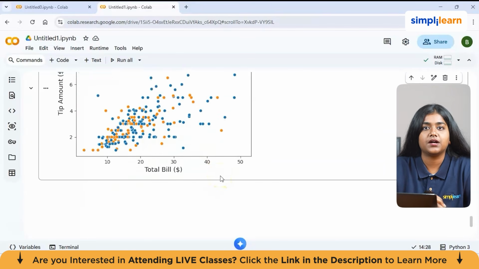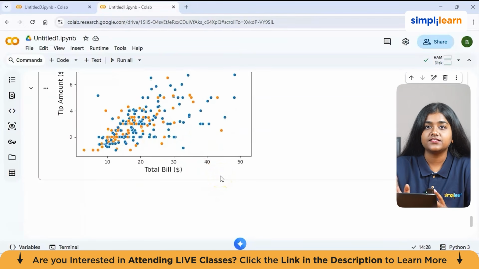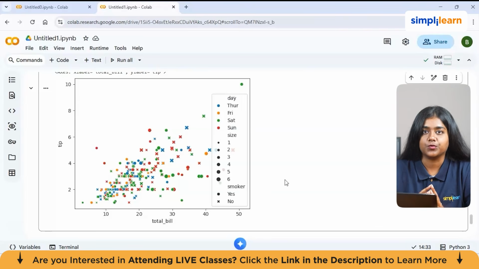So now let's understand hue, size, and style. These 3 parameters encode additional dimensions in one chart. So this is the output. In this single chart, we have 5 variables simultaneously. X and Y give us the 2 primary axes, and hue is day, which changes the dot color based on the day of the week,